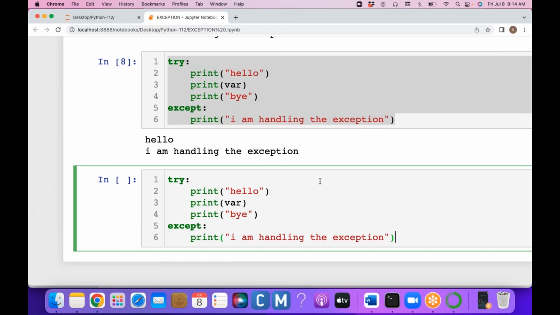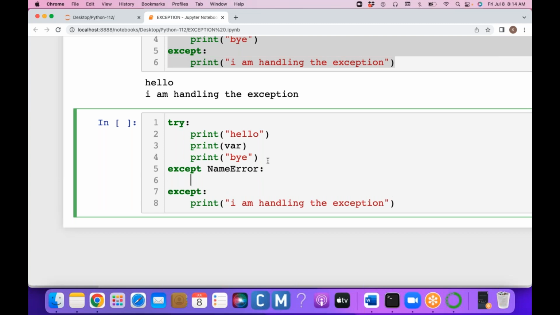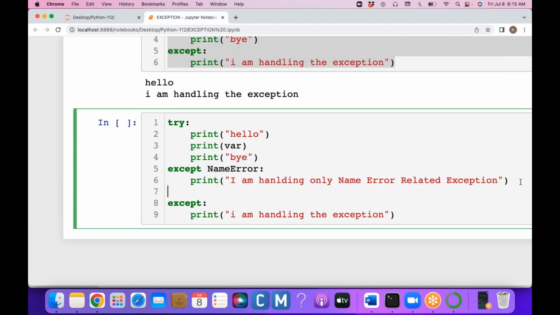Nothing new actually. In between the try and except, we can define multiple exception blocks. There is no limit at all. You just need to mention the error name. So when you're getting the name error, then the name error exception block can execute. I am handling only name error related exceptions. Meanwhile, if you are getting the value error, then to handle the value error exceptions,